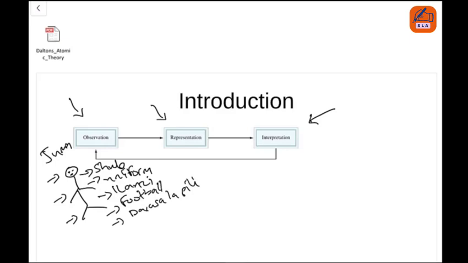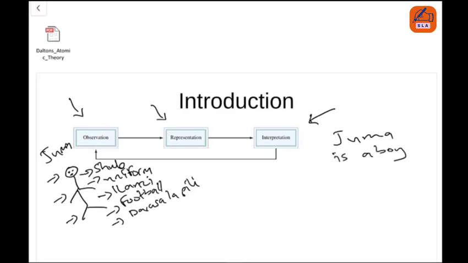Now we want to make an interpretation. Kwamba sawa umesha observe Juma anaenda shule, amevaa uniform, ameenda shule ya Ilanzi, amecheza mpira, yuko darasa la pili. But what does this mean? What can we get from this information? What do we interpret? Cha kwanza tumesema Juma. Tumemwita Juma. So the first interpretation you can make is that Juma